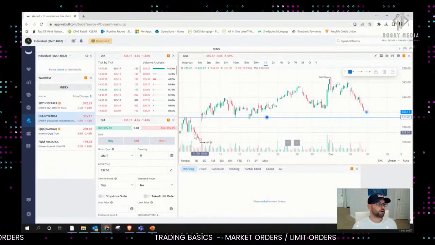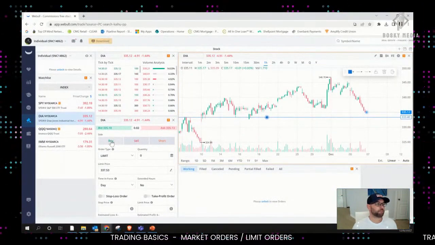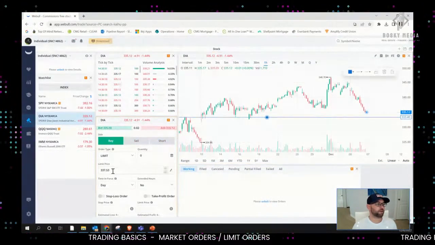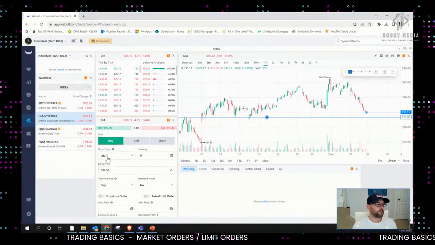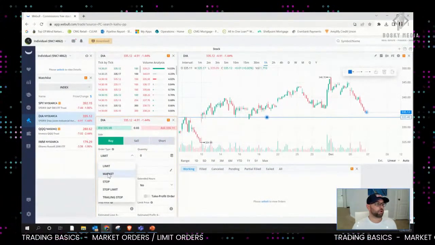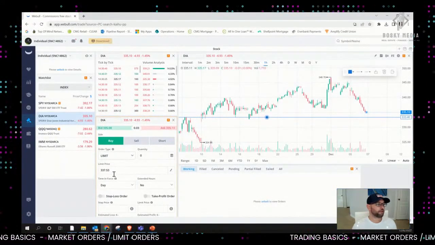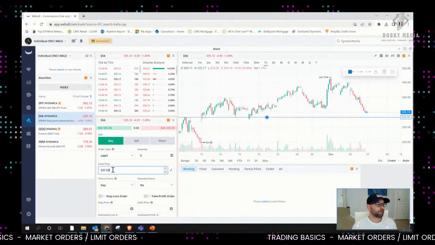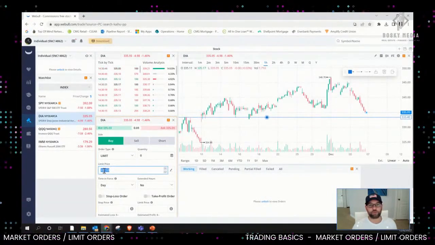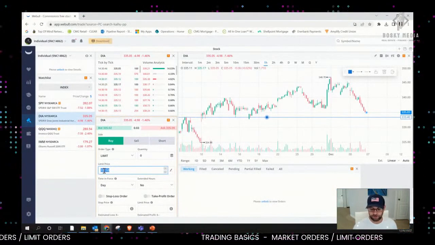So what I could do is come over here to buy, right? And I'm going to click buy if I want to buy there. And then on this order type, I can do a limit order or a market order. We'll get into these other ones later. A limit order allows me to place an order for any amount at that price. So I said